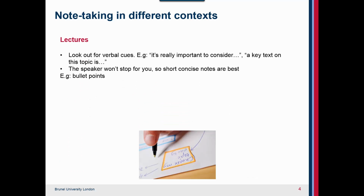Note-taking in different contexts. So at university, you'll make notes in various situations, and one of the main times that you'll be taking notes will be in lecture theatres. So a top tip is to look out for verbal cues. For example, if your lecturer says it's really important to consider ... or a key text on this topic is ...